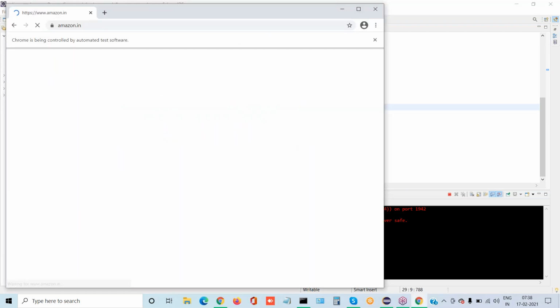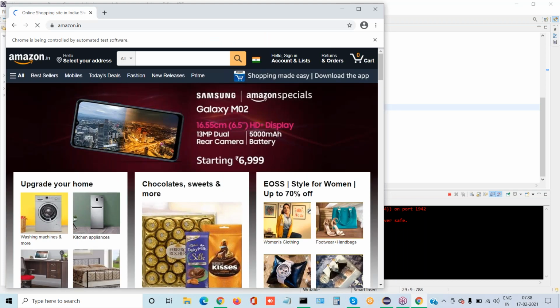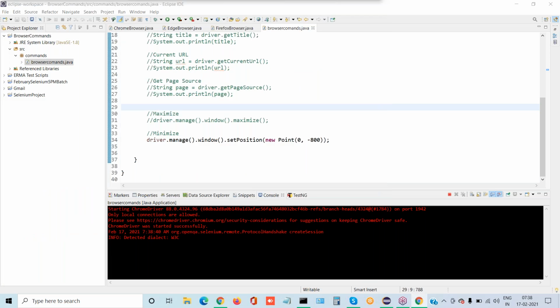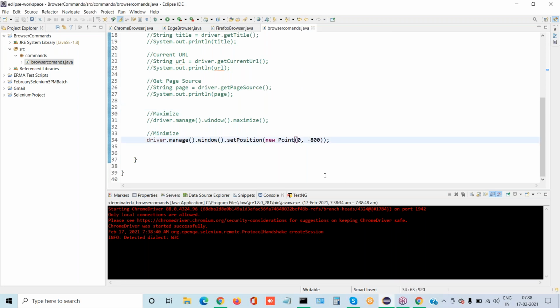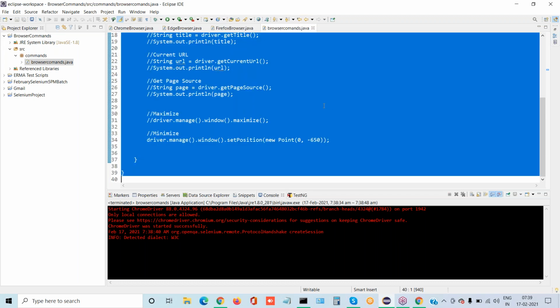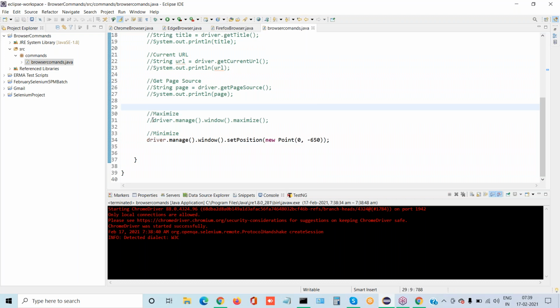First it will maximize. So it does not show correctly, right? Can you give 650 or like that? Minus 650. So you can play like what they will tell you, up to what level we can maximize the screen. Okay.